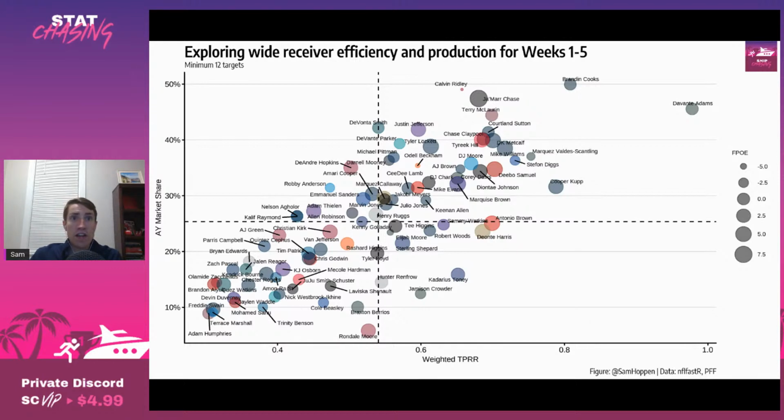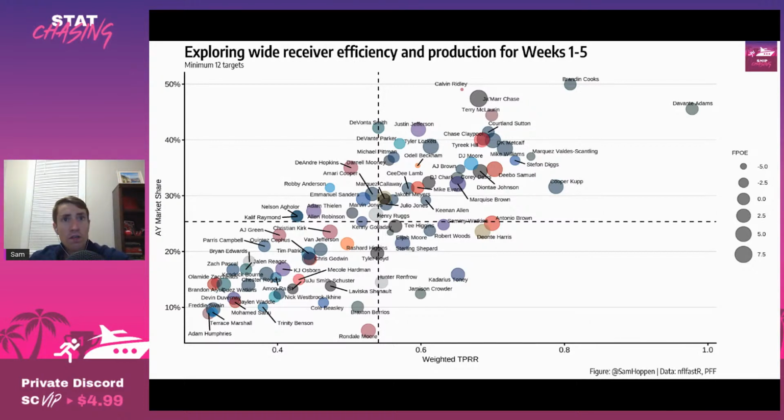And with a little bit more data under the belt, Anderson's average depth of target has leveled out at 15.2 yards. So we've seen a complete role swap between him and Moore from last year to this year. More of what we expected to see last year, we're getting this year, and Anderson has that deep threat role. Now, that's obviously not good for his consistency, but hopefully he is able to connect with Darnold on some more deep shots throughout the year.